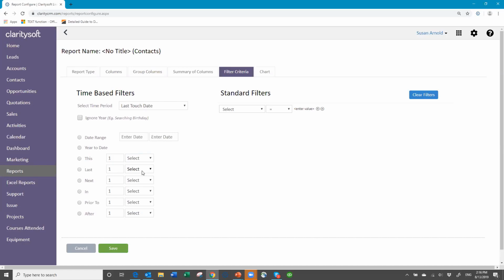Last would look at the last month only, okay, or the last 2 months or the last 3 months. Well, that could work. Obviously, we don't want to go forward. This is forward as well, but the one we really want here is prior to. We want prior to either 1 month, or we can put 30 days or 60 days, whatever you want. So I'm going to do this. I'm going to put in